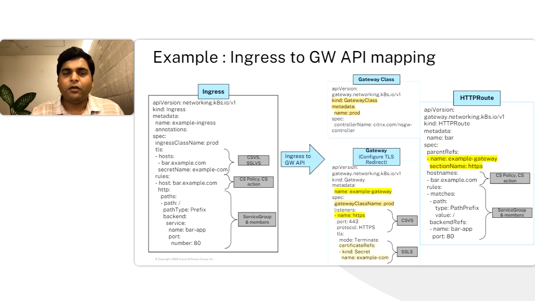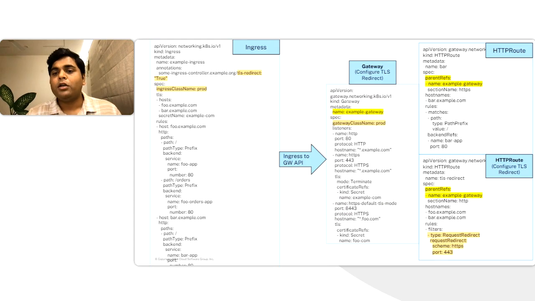There is one GitHub link already available which helps you to do that migration, but it will take some time. So this type of example for now would help you to simplify what is the difference and how should I write the Gateway API.